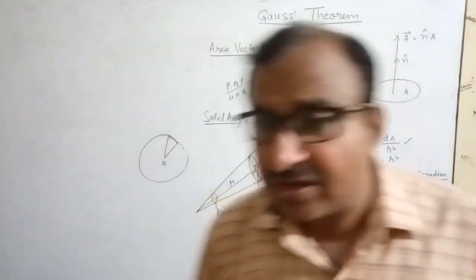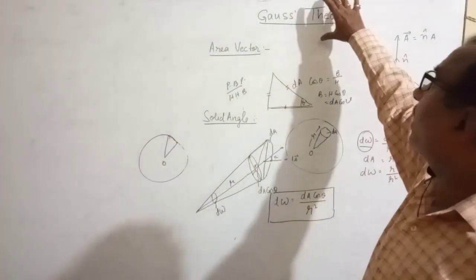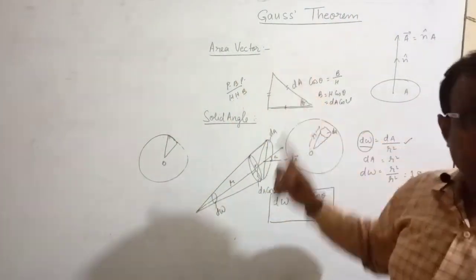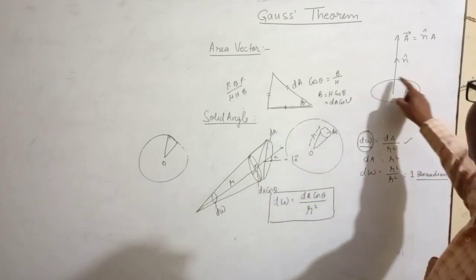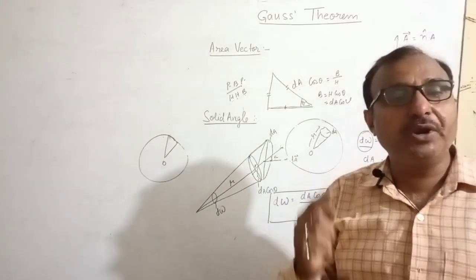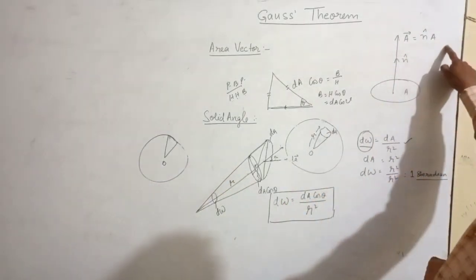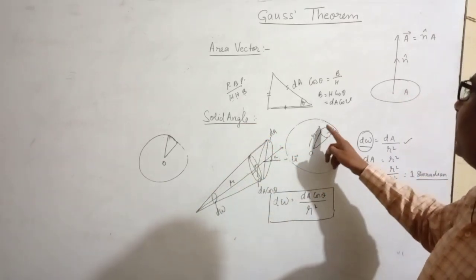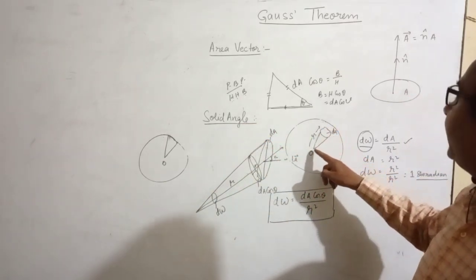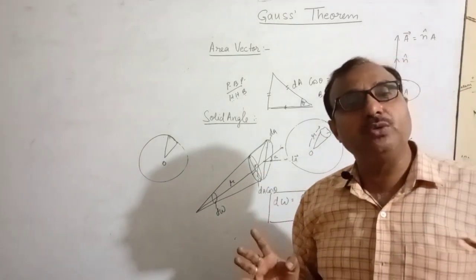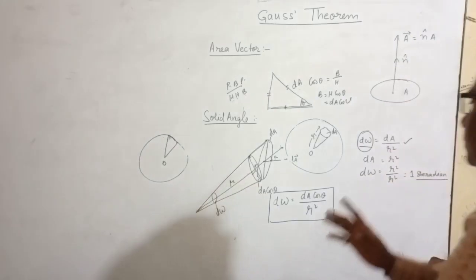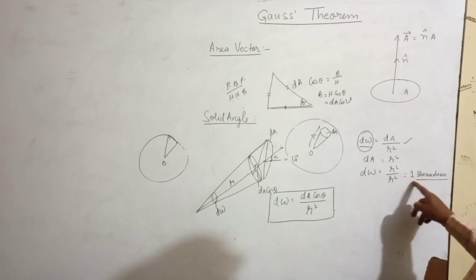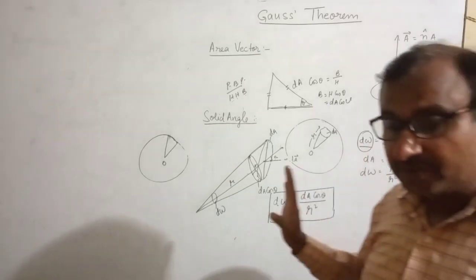Now, we are not going directly to Gauss theorem. Very first you should understand the technical terms. First technical term, area vector. What is area vector? Any area multiplied with the unit vector perpendicular to it is known as area vector. After that, I told solid angle: any part of a sphere makes an angle at the center of the sphere, that is known as solid angle. Solid angle d omega equals dA upon r square. If dA equals r square, then d omega is one. What is the unit of solid angle? Steradian. I hope it is clear to you all.